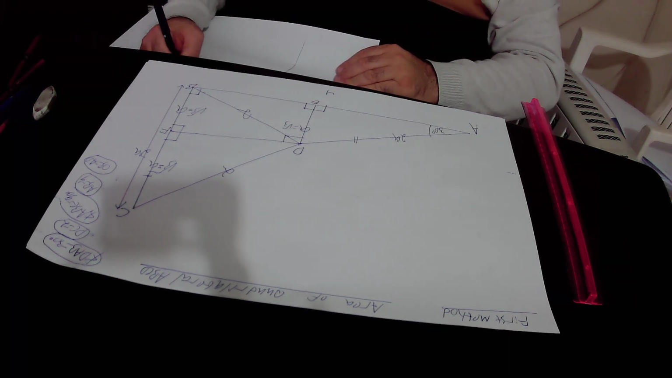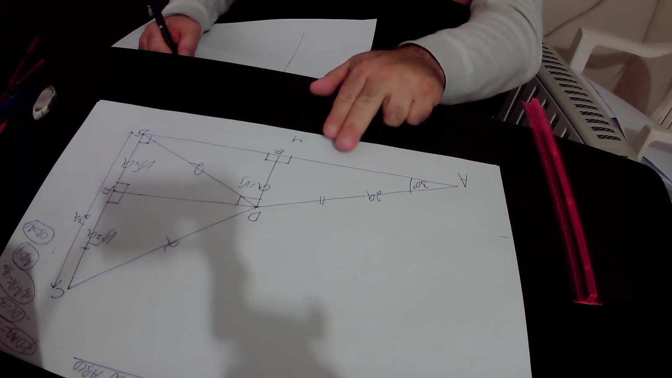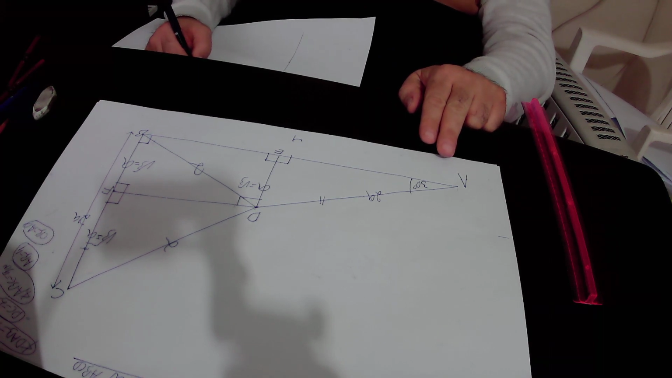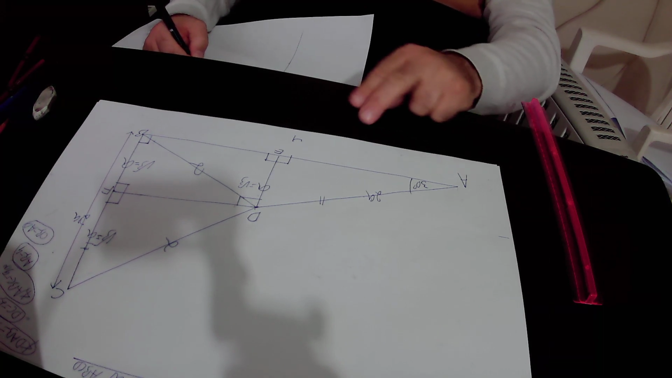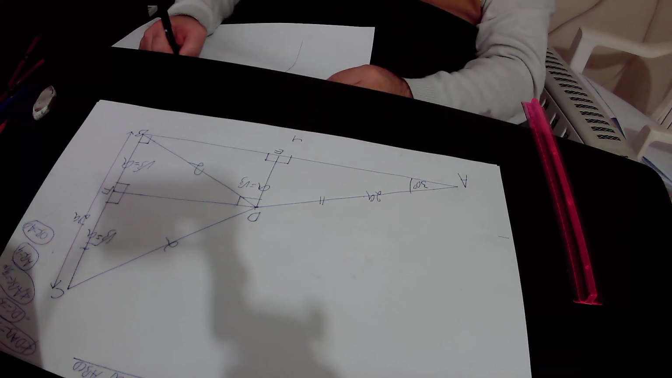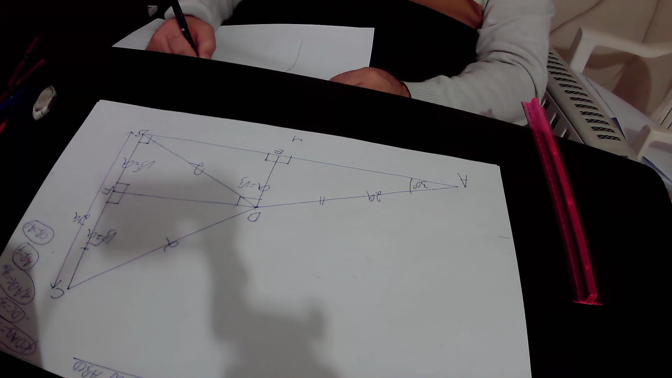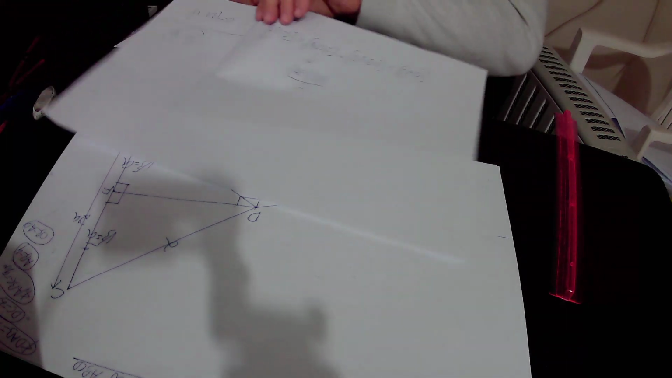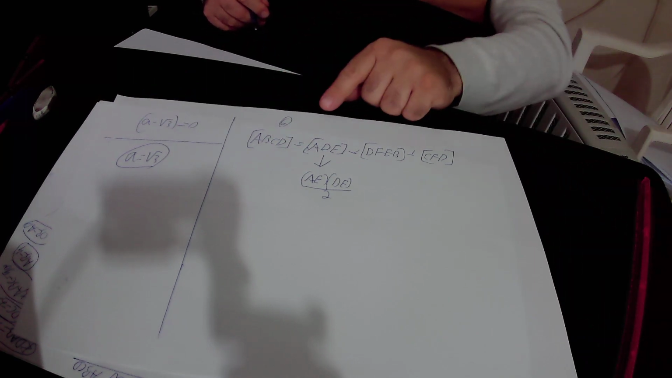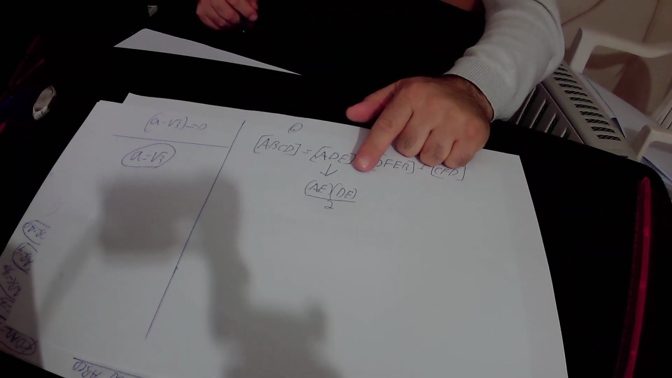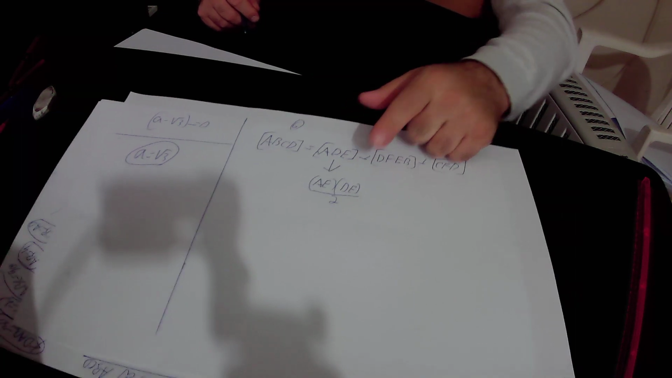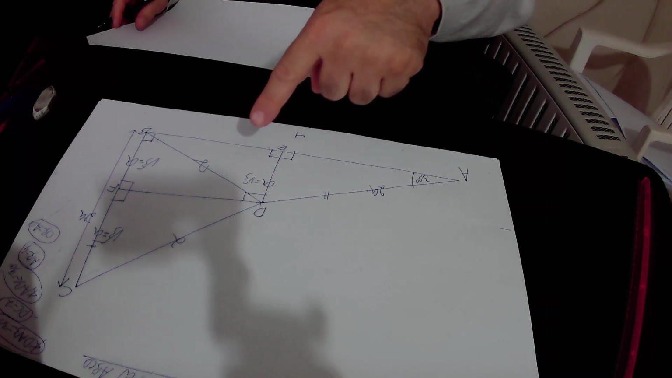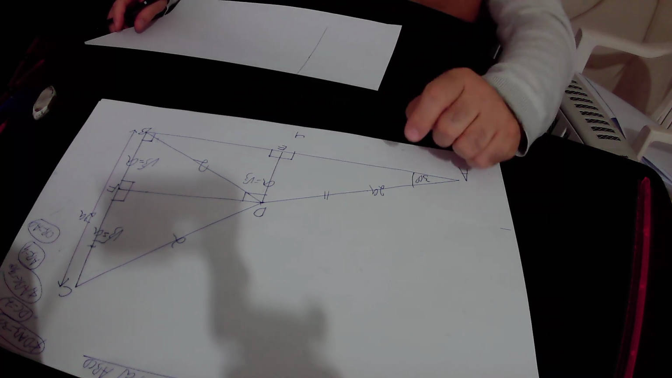So the area of triangle ADE will be equal to the base of the triangle, that is AE, times the height to the base, that is DE, over 2. So we found out that the area of the right triangle ADE will be equal to the base AE times the height to the base DE over 2, and the area of this rectangle DFEB